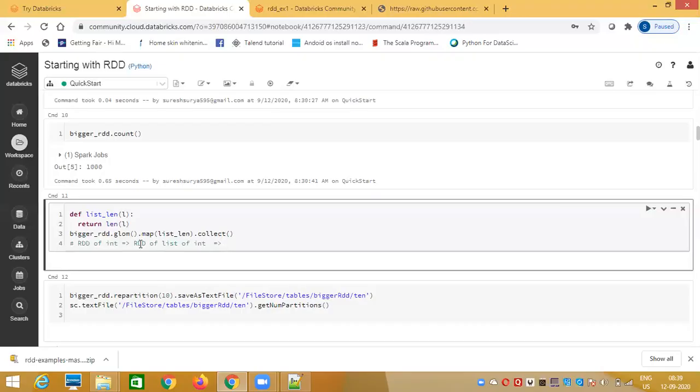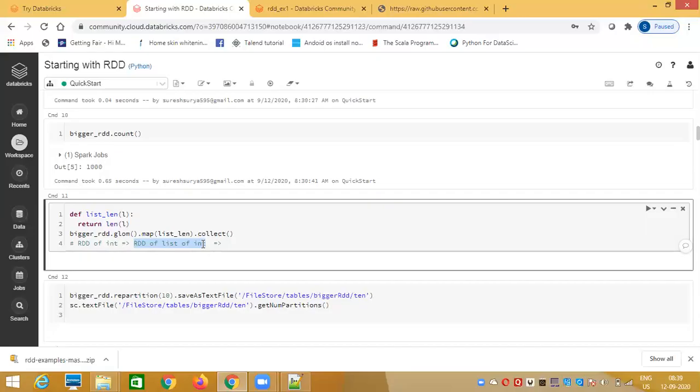Map means you are applying transformations record by record. You have 100 records, or 1000 records, in this particular RDD. The glom function just transforms that to an RDD of 8 lists, by collating or coalescing all the elements of each of these partitions together. Then you are calling the map function. The map function will be called on top of the RDD of 8 lists.